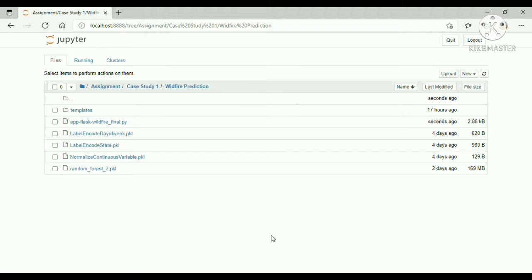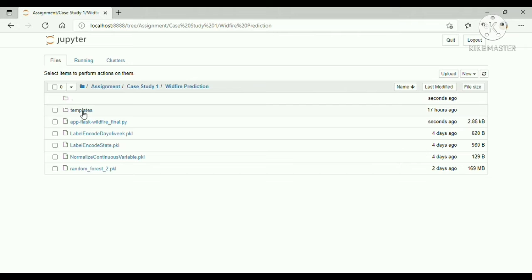This video is about deploying the model on the server. If you can see on the screen, we have certain files which are to be used to deploy the model. We have a Python file, which is an app we have created using Flask to deploy the model. We have created an API around the trained model, which is to be used for prediction.